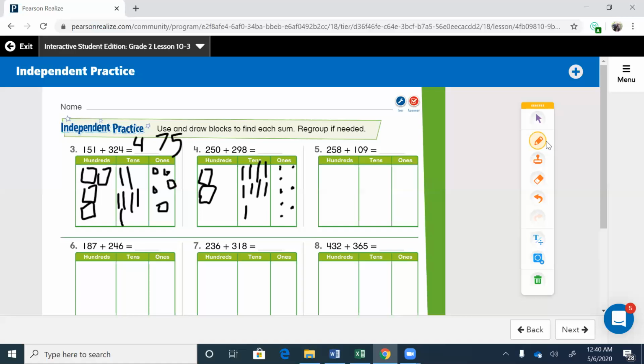So, adding 2. All right, now we already know there's going to be too many here, but I'm just going to draw it. 5 of them. 1, 2. There's not enough space. 3, 4, 5. 1, 2, 3, 4, 5, 6, 7, 8, 9, 10. And that's going to give us,